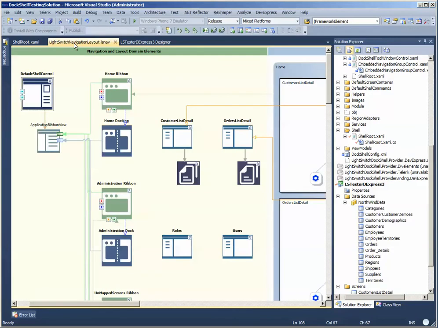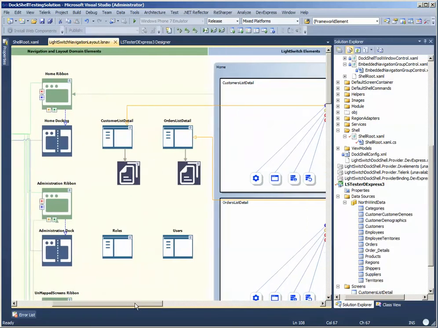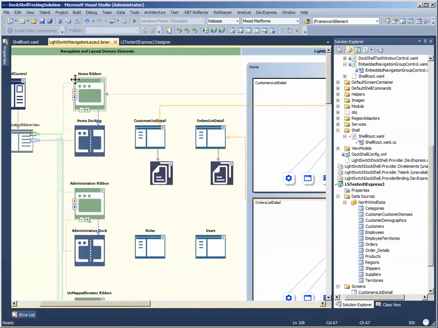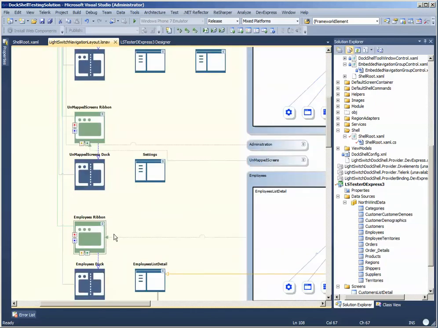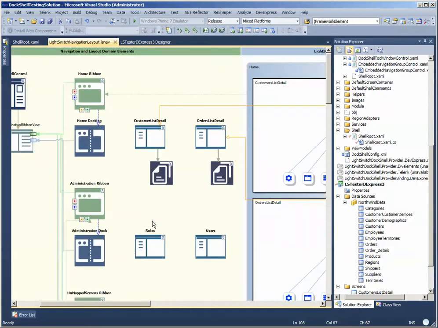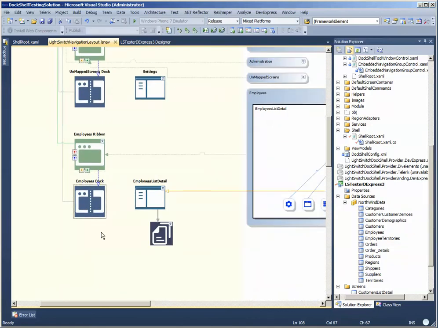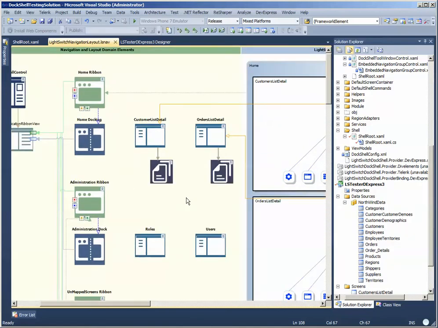And if you go back to our model, you can see here that we have a ribbon group for home and one for employees, which is automatically inserted for you when you build the model. And of course we have the 2 screens that are going to be dockable window screens, docking in this home docking area, and down here this would be the employees dock area. All right, so if we give this a run now,